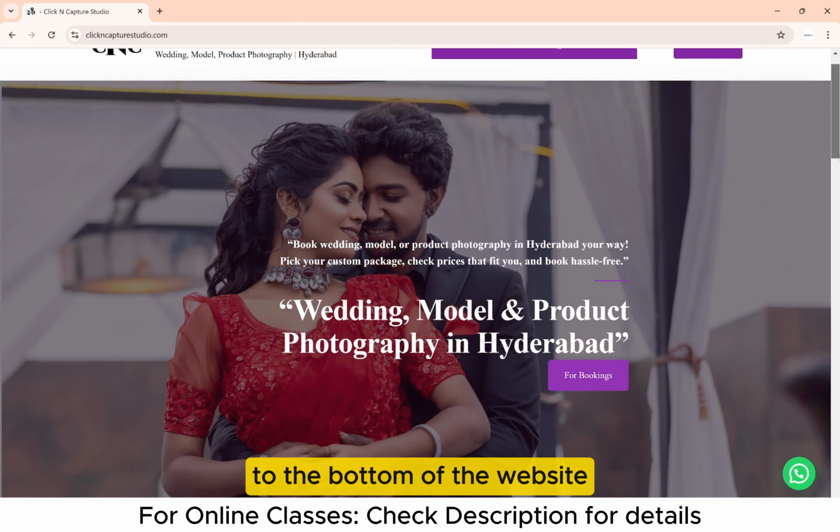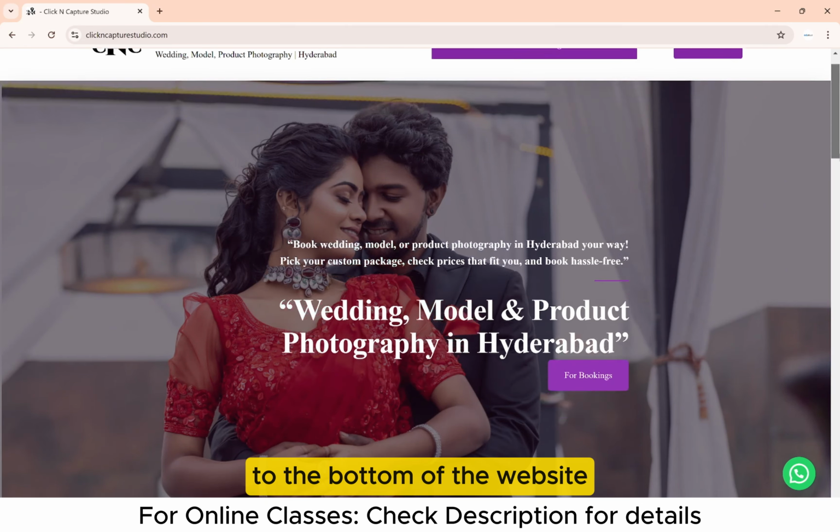in the website. Now in the Click and Capture Studio, I quickly would like to show you one example. Now in the blog, let me open the blog, and we have written one blog about South Indian bridal reception look, right? And I want to click on the blog. It opens the blog, and I want to quickly navigate a little bit down, and here we can see the